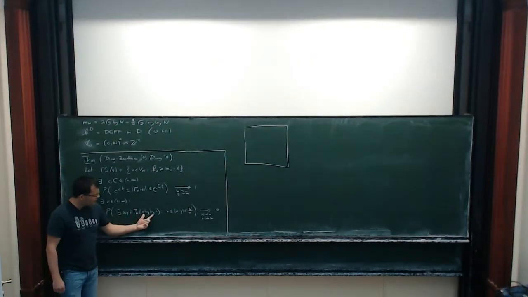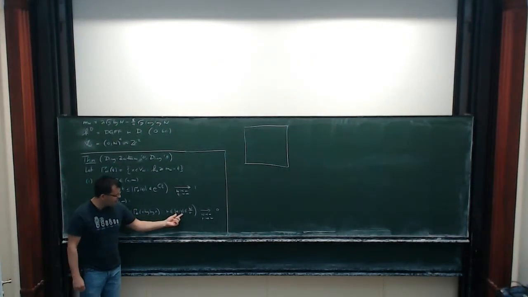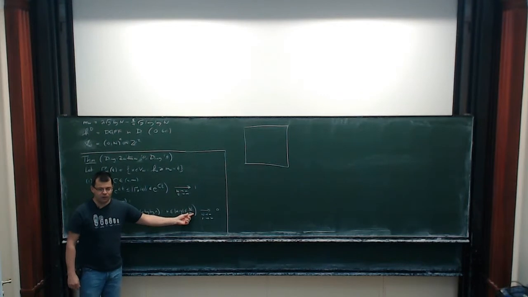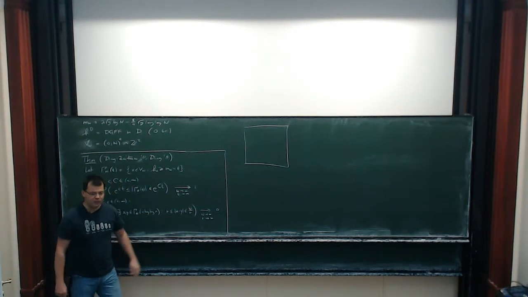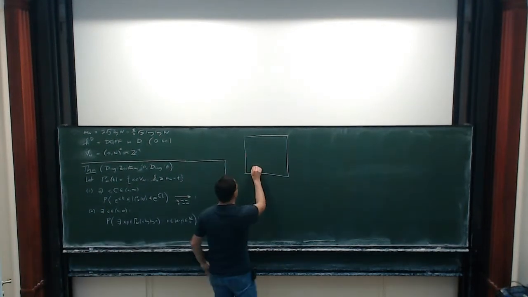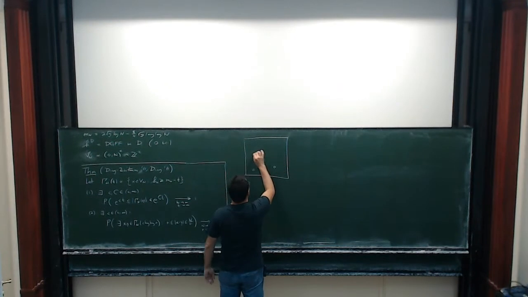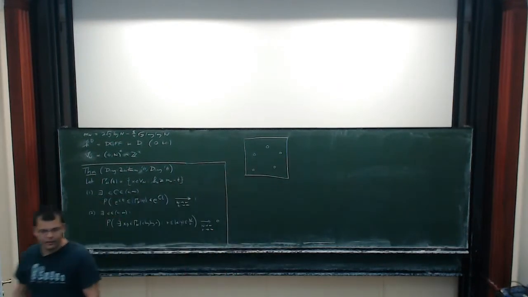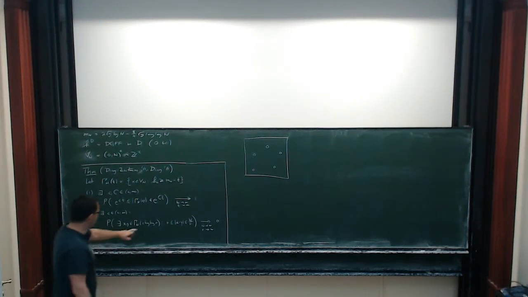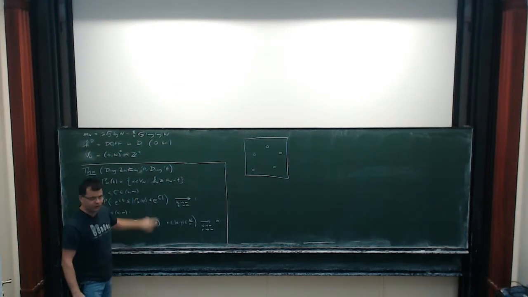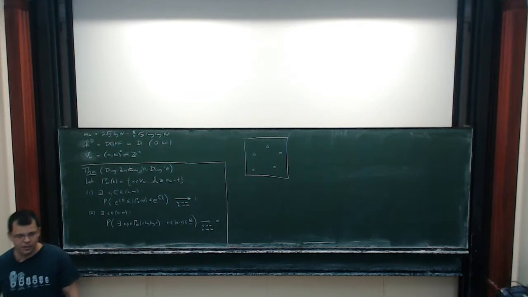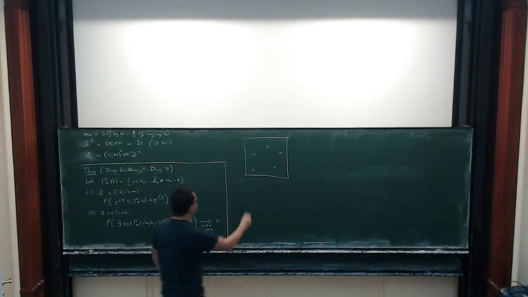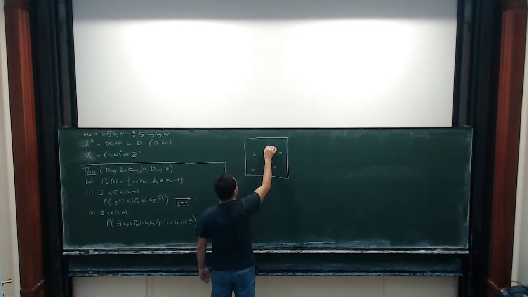And the other result says that if I look at any two points in the set, they're either within distance r or as far as n over r from each other. So this says that this set has the structure of a bunch of islands of size r, where r is related to t through this log relation. And these islands are separated essentially by distance n from each other.